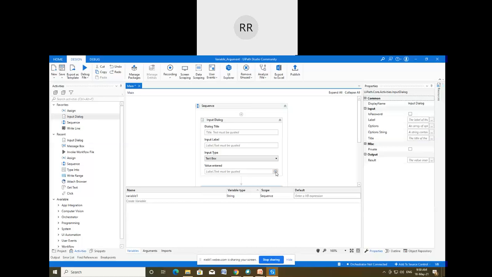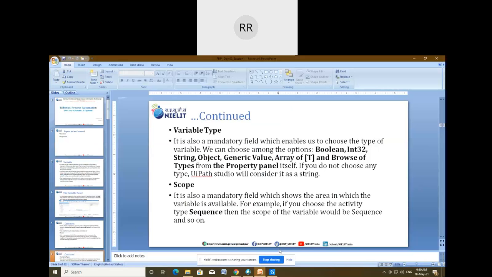If we create any variable, it is only going to be utilized inside this particular sequence file. So while defining the scope of any variable, it should be at most the file in which all those activities are created. So this is what scope is about. I think you all are able to understand this.